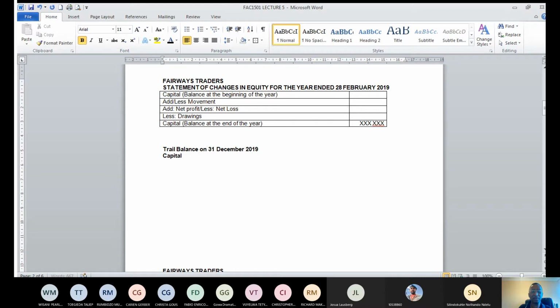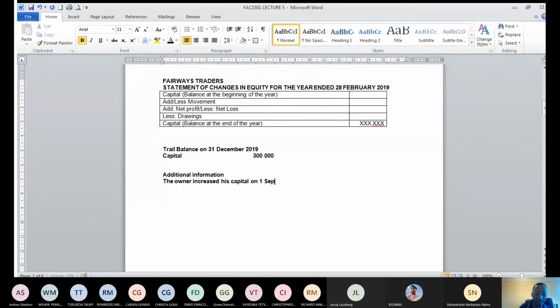In my trial balance, capital has got a credit balance here of, say, 300,000 rand. I will give you additional information. And in my additional information, I tell you that the owner increased his capital